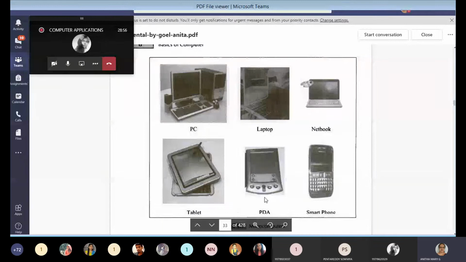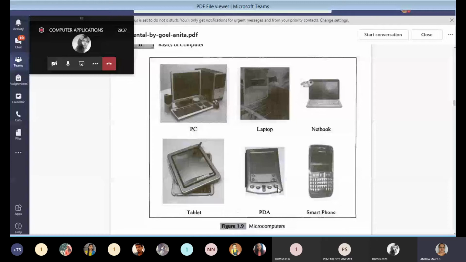And the next one is PDA. So the full form of PDA is personal digital assistant, or we can also say handheld computer. This is also a small computer that can be held on top of the palm. It is that small in size, and instead of a keyboard, it uses a pen or stylus, and they have some limitations with respect to capability or memory storage. Okay, so those are the things.